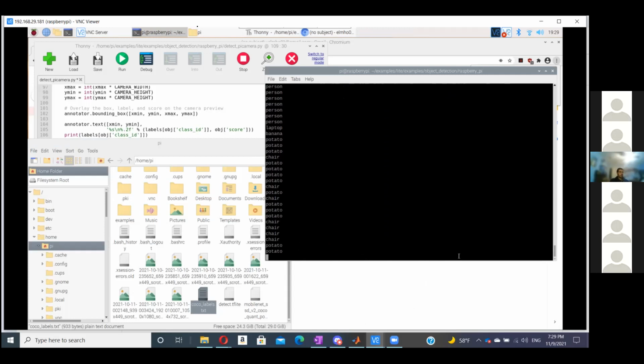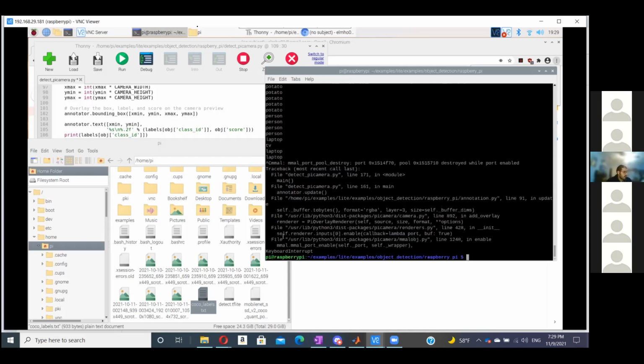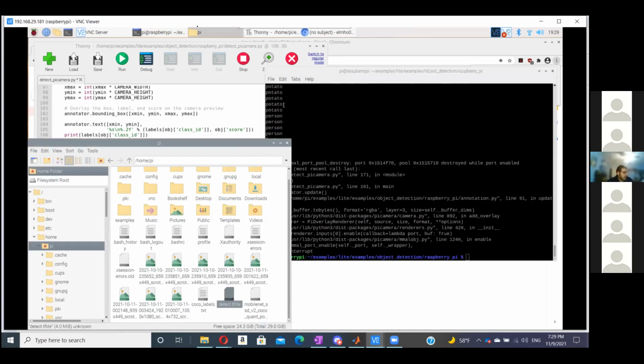If you're using other models, or you're using your own model, you can define what the name of the object is. The characteristics are based on the model maker, in the TF Lite file that was over here. Let me stop this. The characteristics are all in the TF Lite file, and I can't open that on the Raspberry Pi itself.